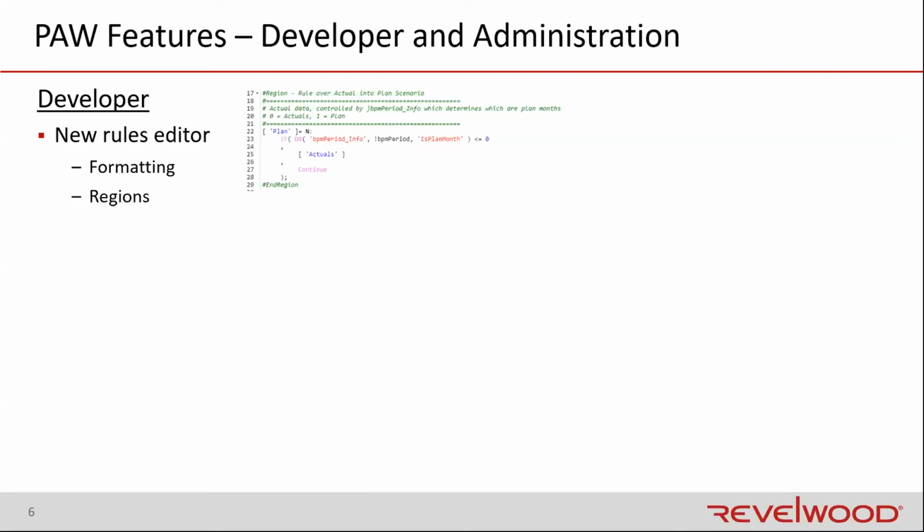What a region is, if you look very closely at that image, you'll see on line 17, it starts with pound region. Line 29 starts with pound and region. And what you'll also see really close, if you look, is right next to line 17, there's a little triangle. That triangle allows you to put things into regions